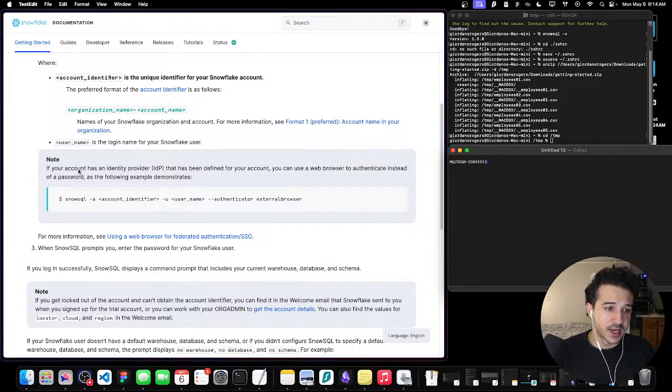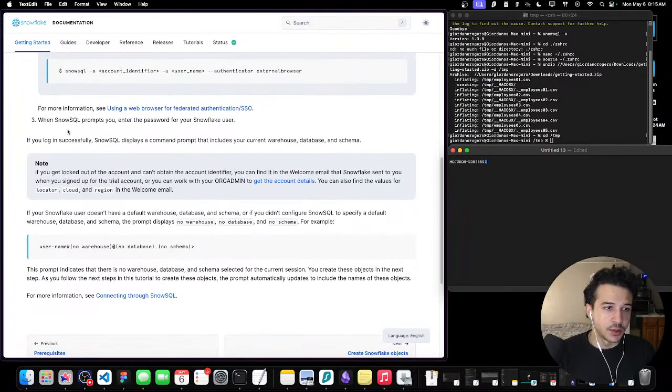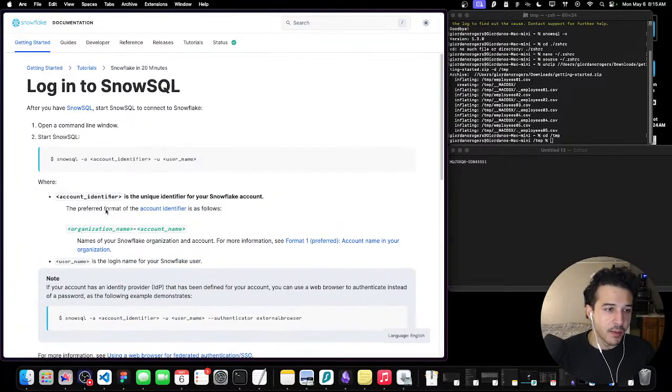Note, if your account has an identity provider, IDP, that has been defined for your account, you can use a web browser to authenticate instead of a password, as the following example demonstrates. When using SnowSQL prompts, enter the password for your Snowflake user. If you log in successfully, SnowSQL displays a command prompt that includes your current warehouse, database, and schema. So